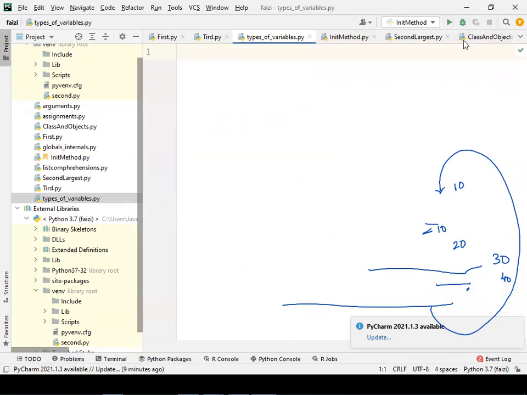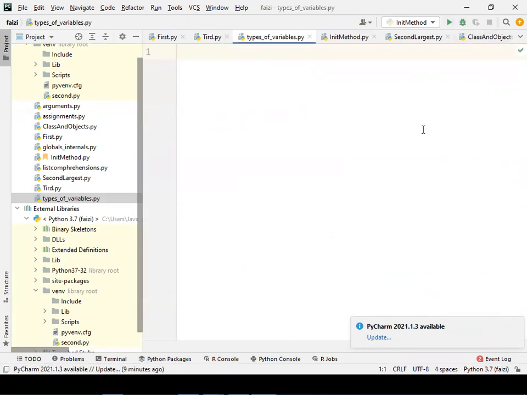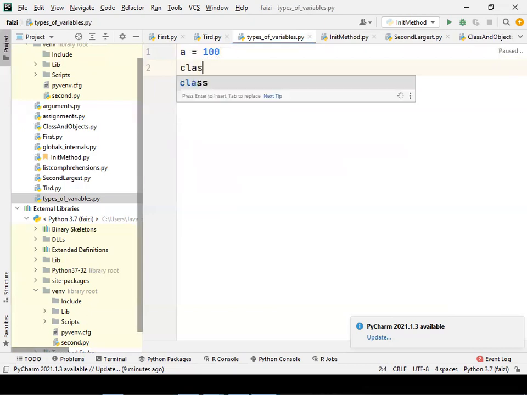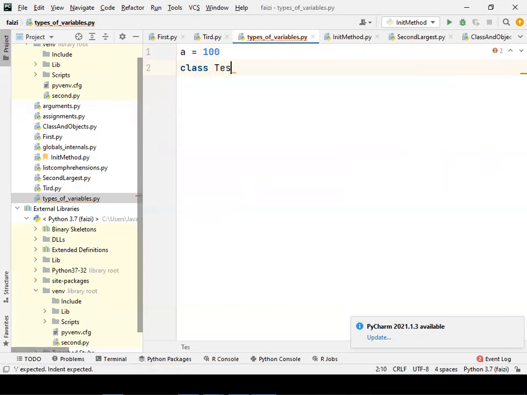First of all, I'll create a variable called A. A is equal to 10, or A is equal to 100. After this, I'll create a class called test. Inside this class, I'll create one more variable, A is equal to 20. Similarly, I'll create one